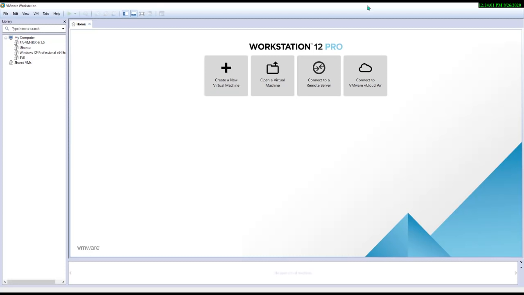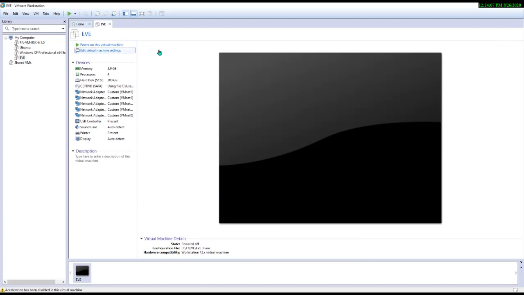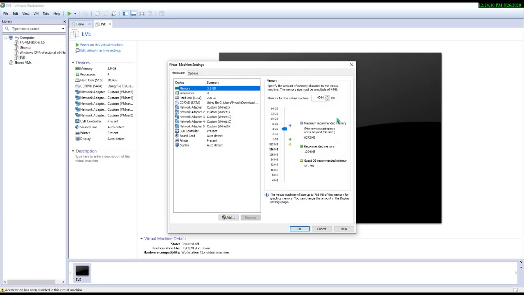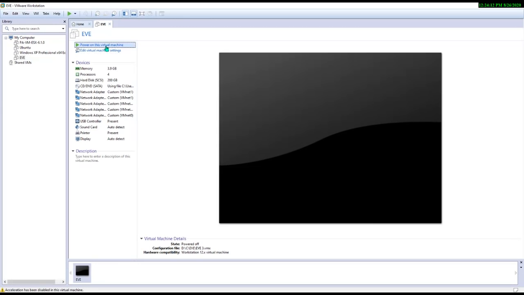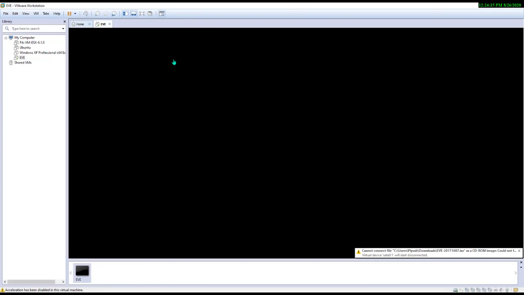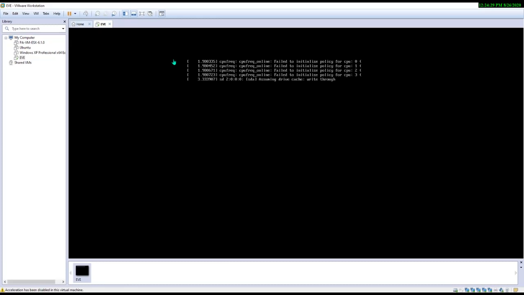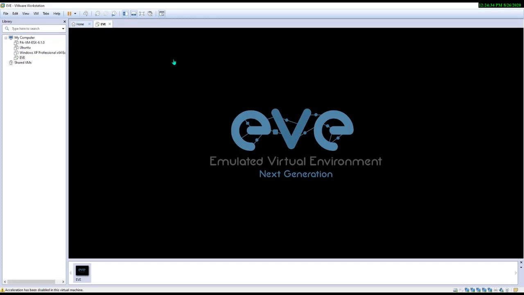So this is our VMware. Here you can see, I'm going to open my EVE. EVE is also a good platform to practice. Sorry, I just clicked on editing, so that's why it was showing that window. So we need to wait here for EVE to open. In EVE, I have configured Palo Alto and ASA firewalls, multiple switches, L2 or L3 Cisco switches, and the MikroTik router. So we need to wait here.